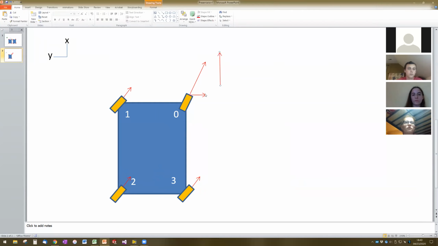So we could have two other ones, maybe something like that, and this, which also sum to make this vector. Let me just make these a different color. But instead of them being x, y components, they are instead